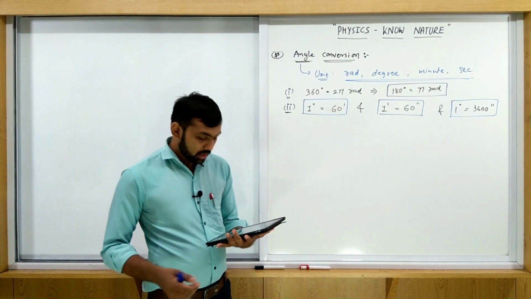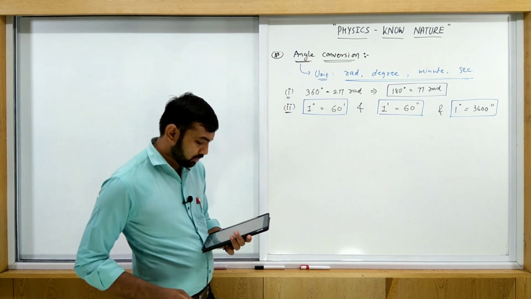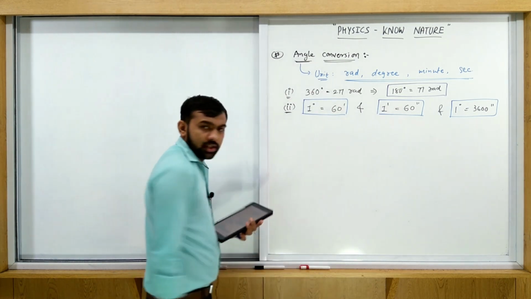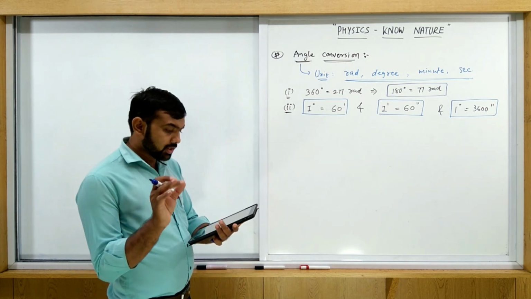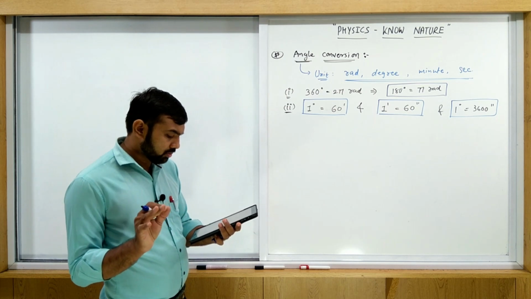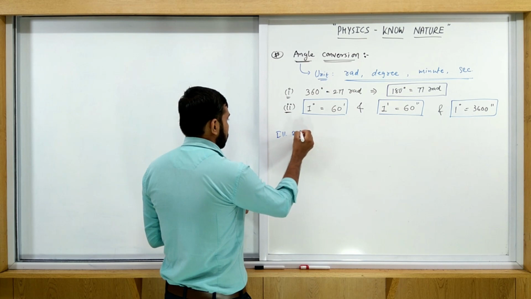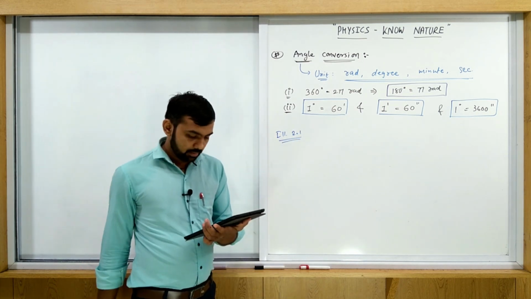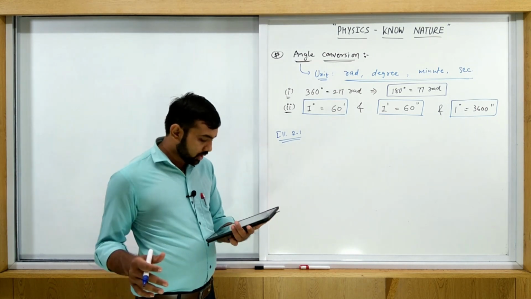Okay guys, in our textbook one solved example is given. So illustration number 2.1, let's solve it to understand minute and second, this unit conversion which is given in our textbook. So all of you guys see page number 19, illustration number 2.1. Illustration means what? Solved example. So let's see. First we read the statement, then after that we are going to the solution.